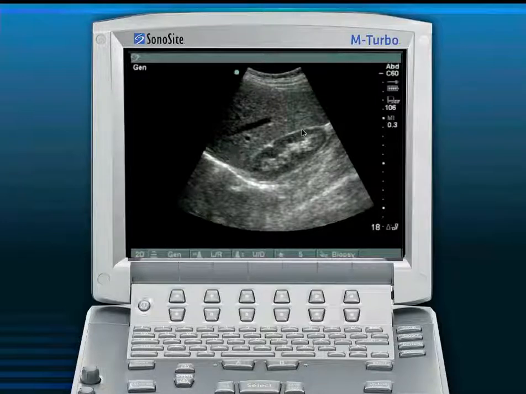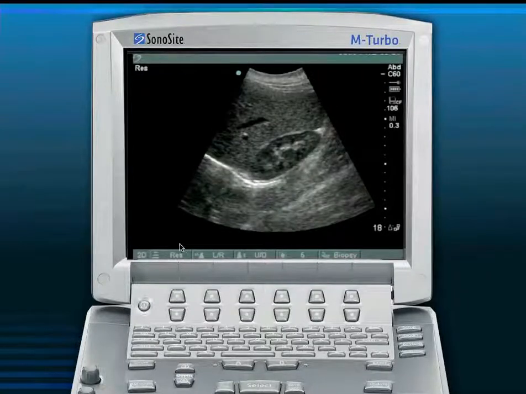This is the reflection of the kidney and the liver. Here's the diaphragm over here. And this says gen, or general mode. If this transducer goes from 1 to 5 megahertz, the general mode is right in between, say, 3 megahertz. Now if I come over to the soft key and depress that button, that will toggle me up